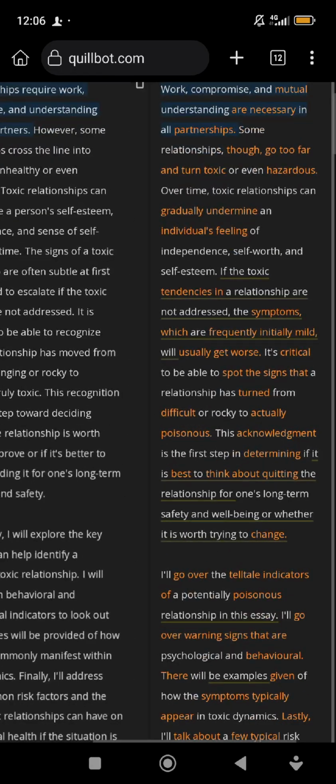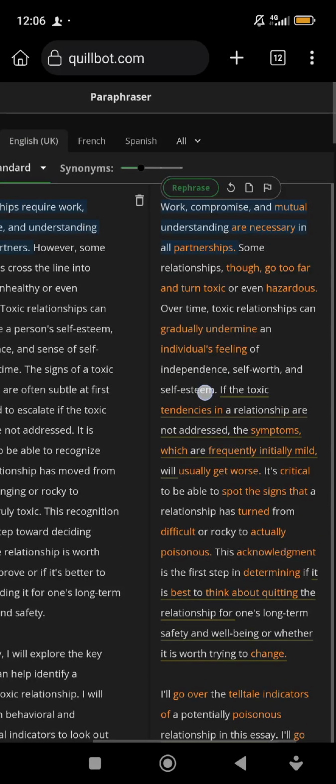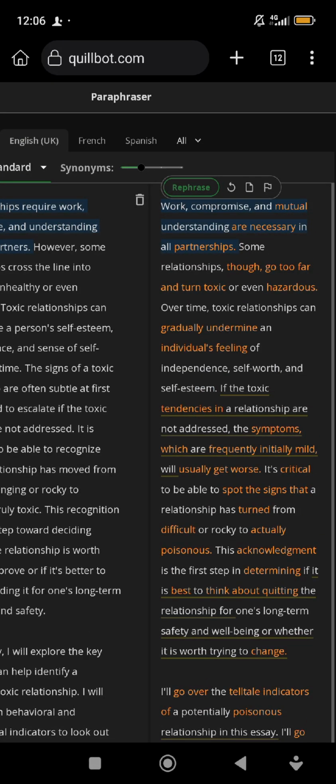Now you can see some of these words here in color. Now, you can change any of them. Let me show you an example of what I mean. It starts with work, comma, compromise, comma, and the mutual understanding.